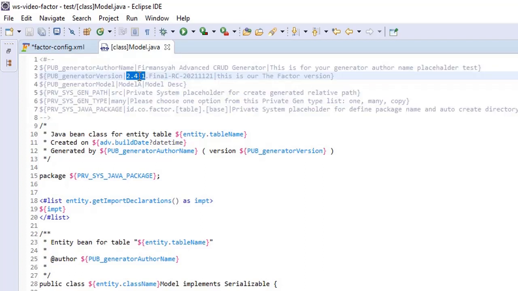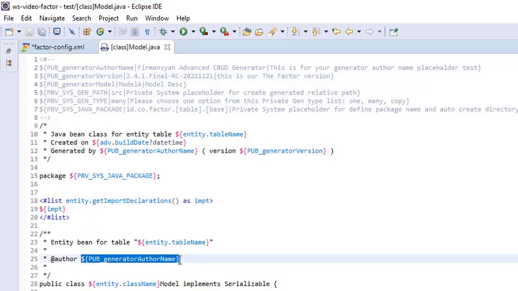The default value can be replaced based on what we change in the editor, and that value will be the parameter that replaces the placeholder wherever this public attribute exists in every file template that has it.